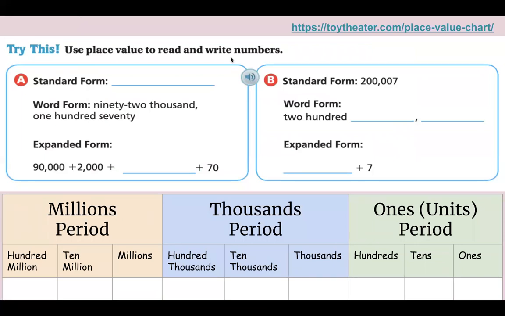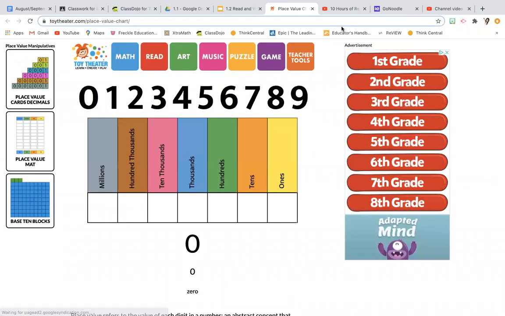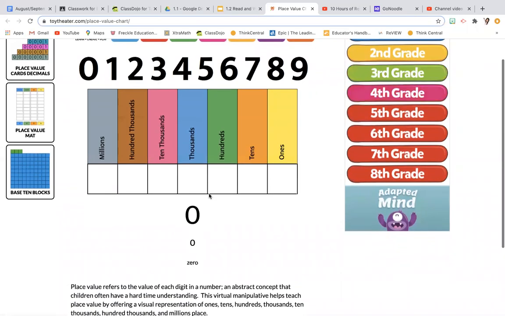All right, so before we try this, I want to go again to that place value chart I showed you guys before, because what I like about this place value chart, if you notice at the bottom, it gives us its standard form, expanded form, and word form. So right now it's just 0 because we don't have anything. So let's build a number. Let's do